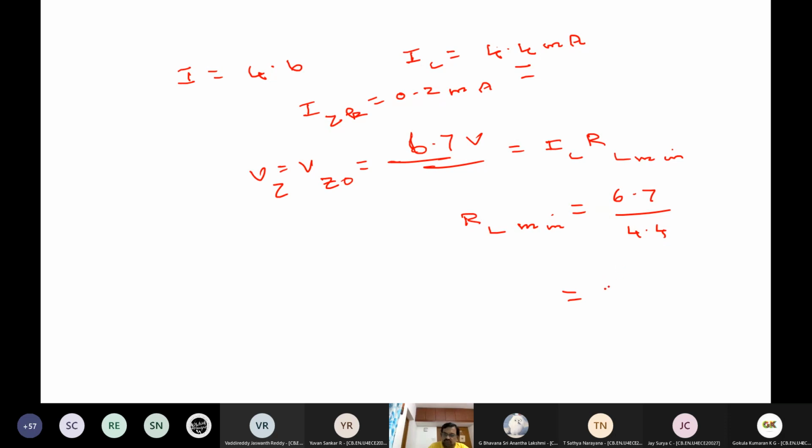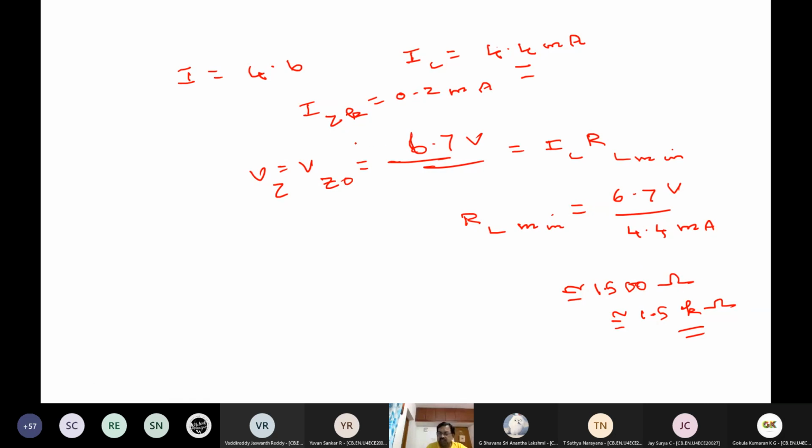Okay, so we can assume it is close to 1000 because this is in volt, this is in milliampere. Let us not forget that fact. So it becomes 1.5 into 10 power 3. Because this is 10 power minus 3 in the denominator, it goes to the numerator, 10 power 3. This is 3 by 2 into 10 power 3. That will give us 1500 ohms, or approximately close to 1.5 kilo. This is the minimum RL required. So greater than this, the current will reduce.